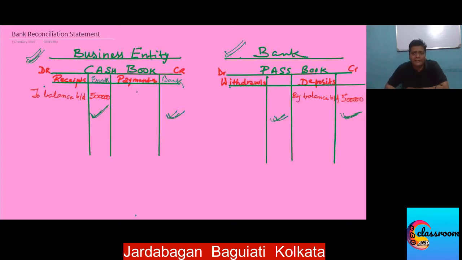So a debit entry in the cash book bank column is matched by a credit entry on the deposit side in the passbook over here. Similarly, a credit entry in the cash book bank column for payments is matched by a withdrawal on the debit side of the passbook. So at any point of time, both these book balances must match, because whatever transaction we make over here, we record it here in the cash book. The same transaction is recorded by the passbook. Only the thing is, the balance will be on the opposite sides. If we have a debit, they will have a credit, but the amount will have to be same.